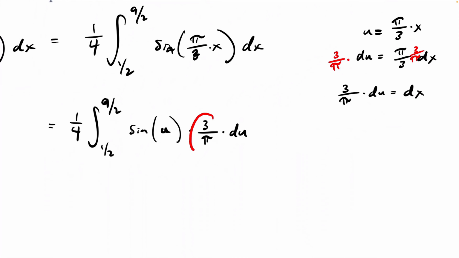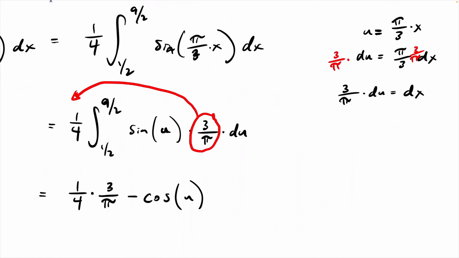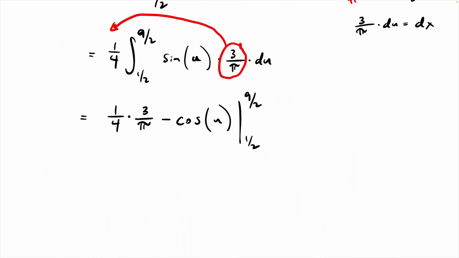And then this guy is a constant. That guy is a coefficient. I'm going to move that guy to the front. So I have 1/4 times 3 over pi. The antiderivative of sine is negative cosine. And I have to evaluate that from 9/2 to 1/2. Okay, so I'm going to get 3/4 pi